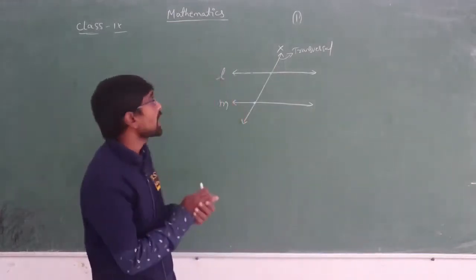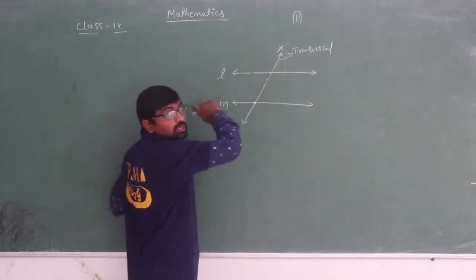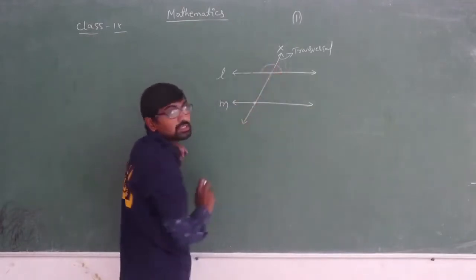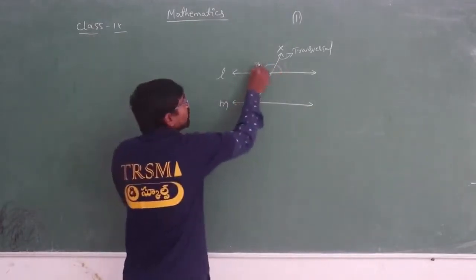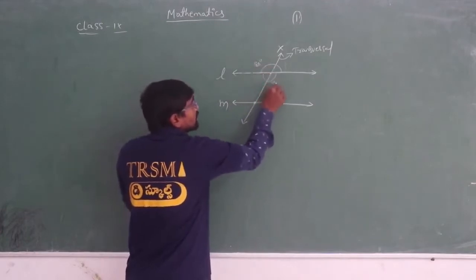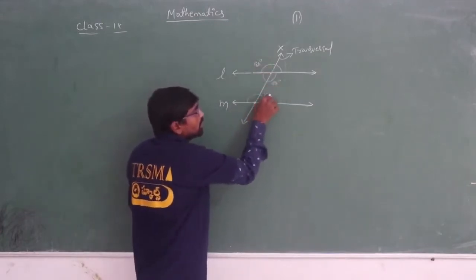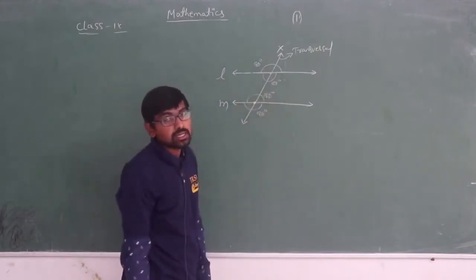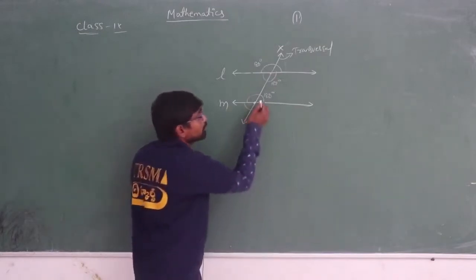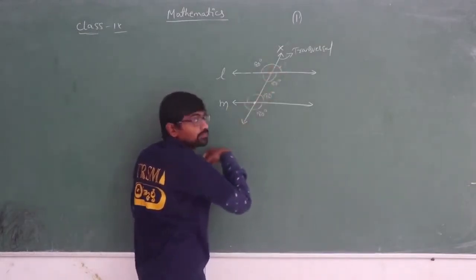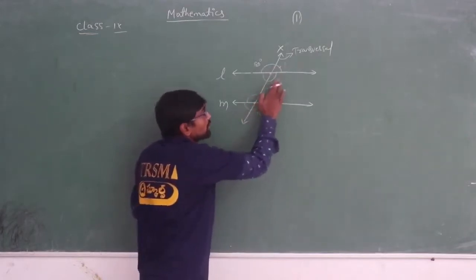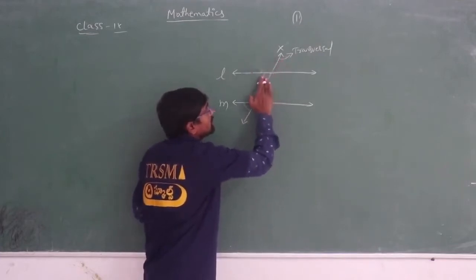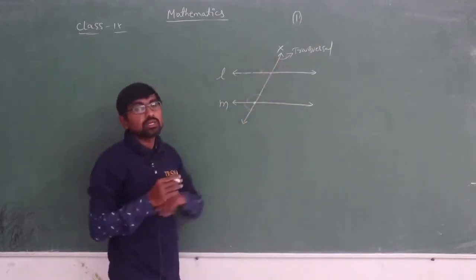Now coming to the angles made by the transversal to the parallel lines. Can you tell me what is the total angle? Straight line angle, 180 degrees. And what about the bottom? Straight line angle, 180 degrees. Similarly, here also we are having 180 degrees. Similarly, here also we are having 180 degrees, isn't it? Straight line angles are 180 degrees. You can see these both angles are equal, isn't it? Let me write so that you can understand it clearly. You can see here, you have already discussed vertically opposite angles.